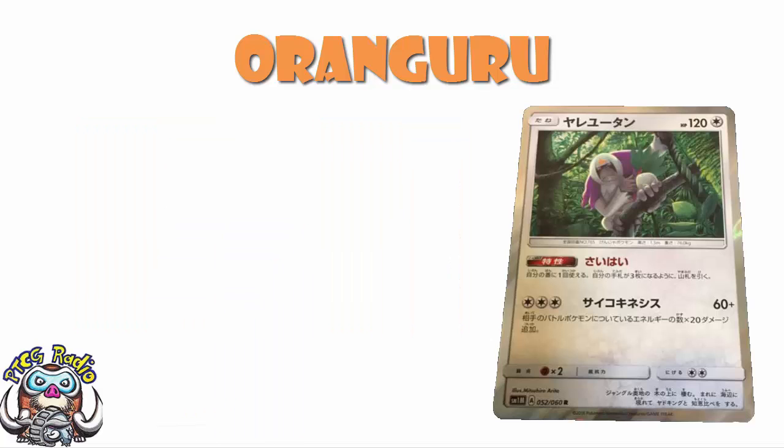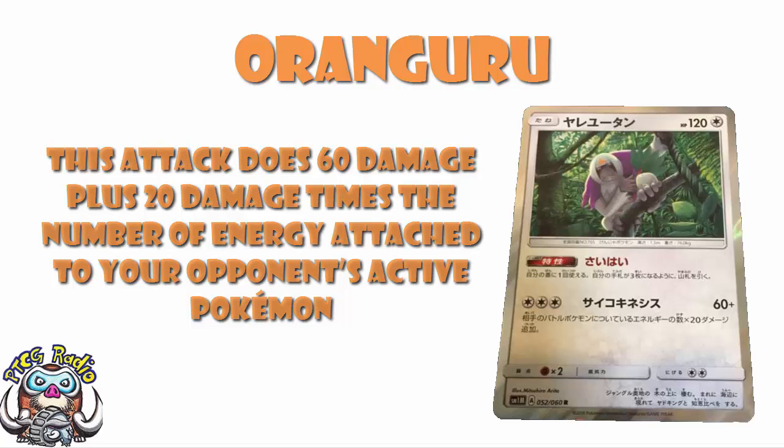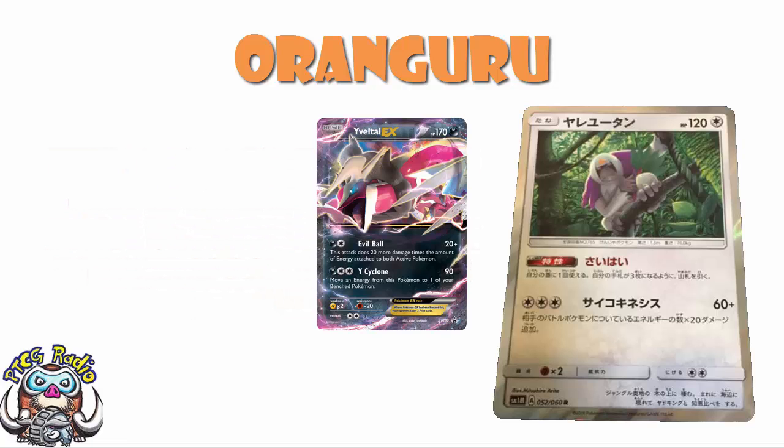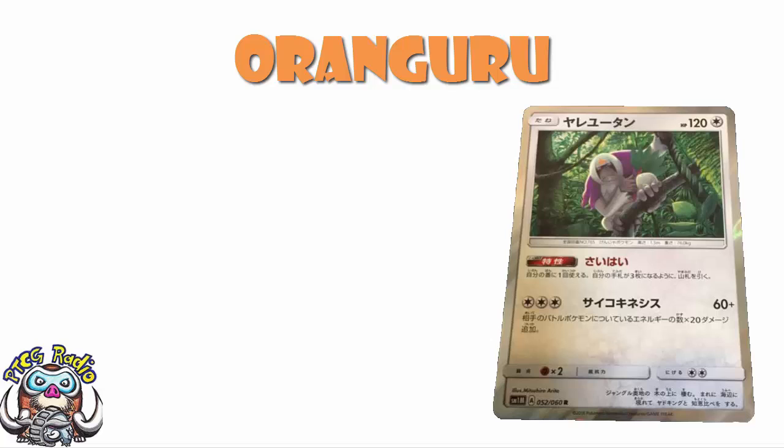So, free energy, 60 damage, plus 20 for each energy attached to your opponent's active Pokémon. Now, we all know there are cards like Yveltal EX that want to pile energy on to get big KOs. This will stop them doing it. Now, it's not 10 base plus 50 for each energy like Gumshoos GX, but nor does it give up 2 prizes like Gumshoos GX. It is not an amazing attack, but 60 will KO basics like, for instance,